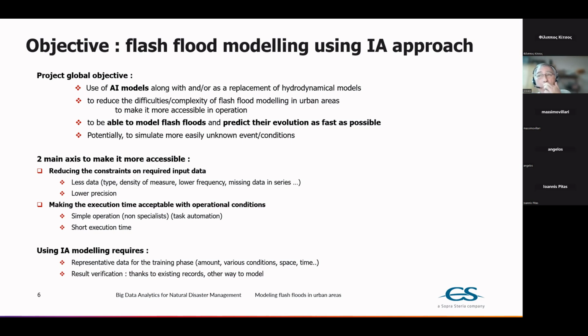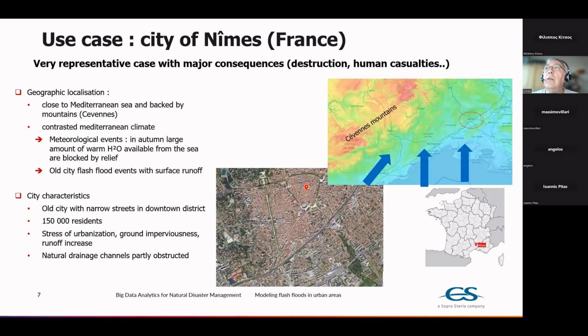Of course, we all know that if we are talking about AI modeling, we need a lot of data for the training phase, good data, representative of what we want to figure out, which is a very tough condition to meet sometimes. And also, we need a way to verify our results compared to something that we take as the truth, which is kind of the equivalent of the labeling for different types of data. So by chance,